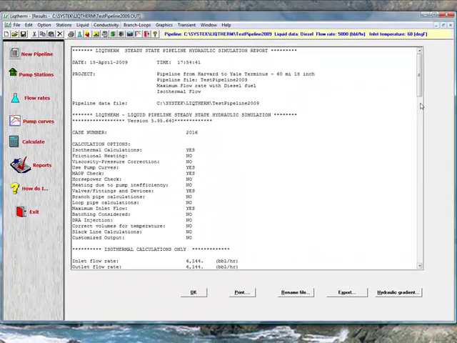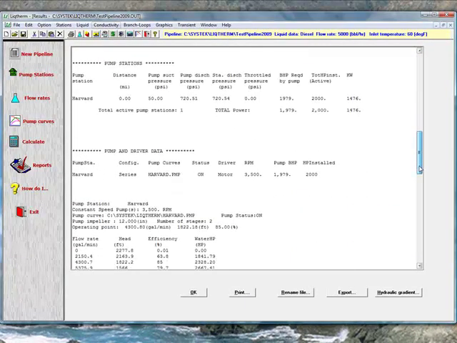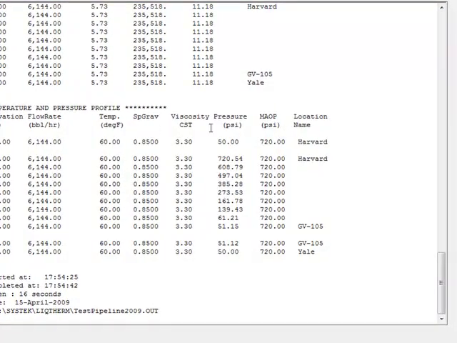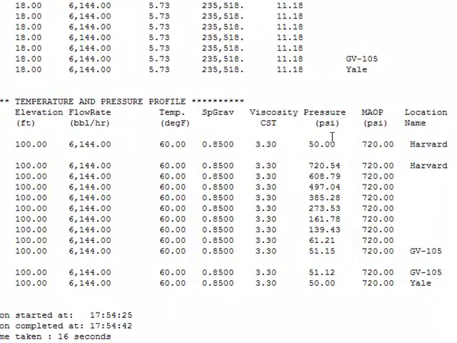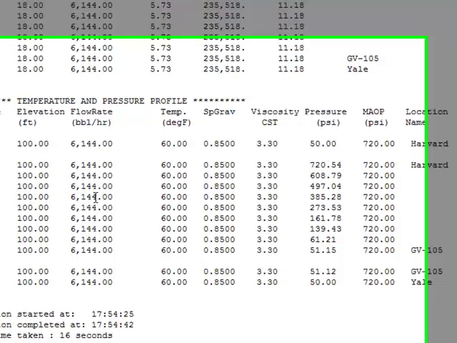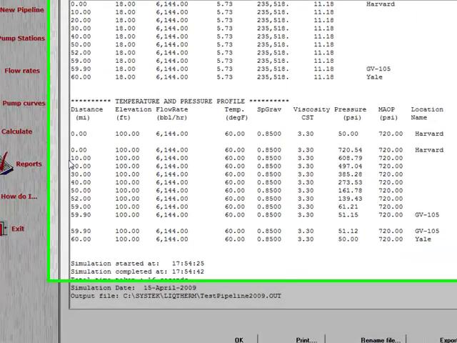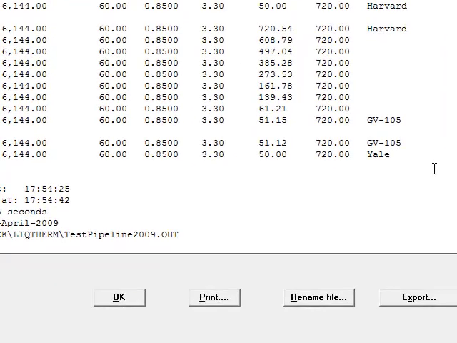Okay, this gives us a maximum flow rate of 6,144 barrels per hour, and we'll look at the steady-state temperature profile and pressure profile. Temperature 60 degrees is isothermal, and the pressures vary from 720 at the beginning down to 50 psi at the terminus. So it's pretty close to the MAOP, maximum allowable operating pressure. Now this steady-state result is automatically saved into the TOT file for this pipeline,